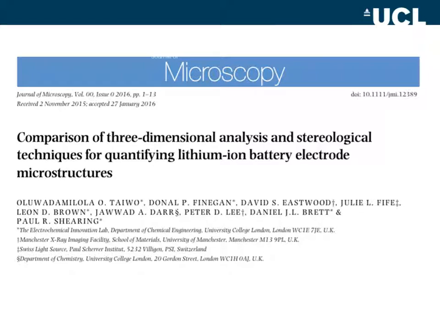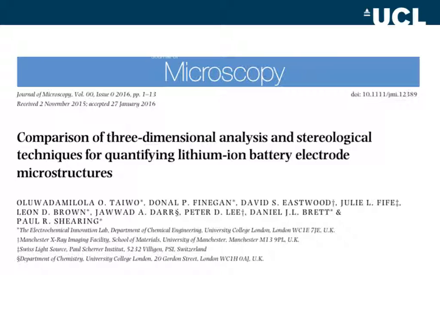Okay, so back to lithium-ion batteries. Oh, no, sorry, one quick slide, just as an advert for a recent journal article that we published in the Journal of Microscopy, because we often get asked, why are we doing these experiments in 3 dimensions? People have got on just fine in the previous 20 or so years using scanning electron microscopy and other 2-dimensional microscopy modalities. Why are we interested in